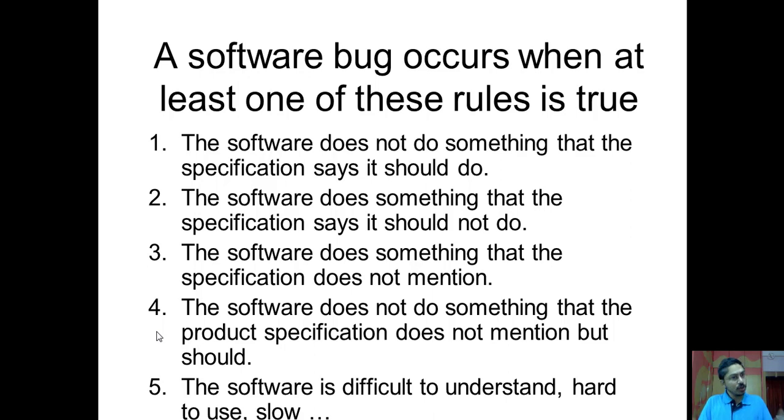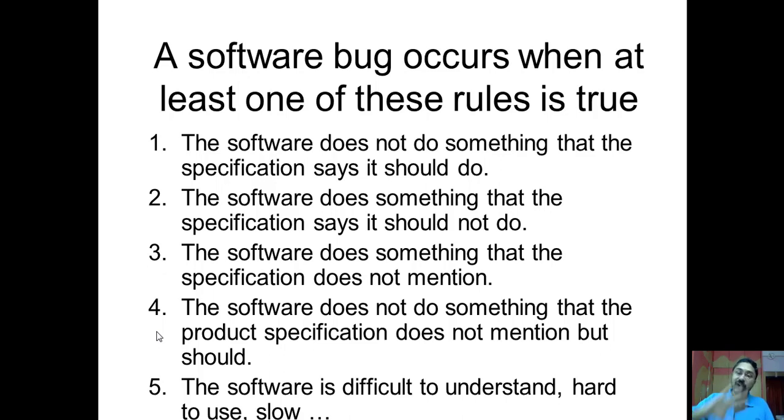Or sometimes your software is really awesome, but it is very slow in response. Nobody is going to wait after clicking on the Apply and OK button to get the response after 5 minutes, because everybody wants a responsive screen. The moment I click on OK, I should have the notification on the screen, isn't it? So if the software is very slow, or if the GUI we have designed is very difficult to understand, then ultimately that is also called a bug.